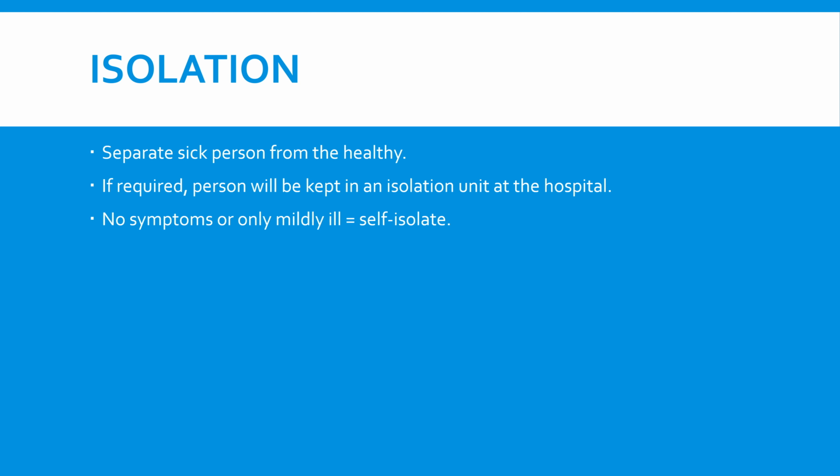Most people who test positive are not showing symptoms or are mildly ill, and in that case they can self-isolate at home. Just make sure that you use a different bathroom, sleep in a different bed than other people that are still healthy, and just try to limit that contact there. And again, the 6-foot rule comes into play when you're in isolation from your own family members. You just want to keep that distance and make sure that you don't infect somebody else with any sneezes or coughs or anything like that.